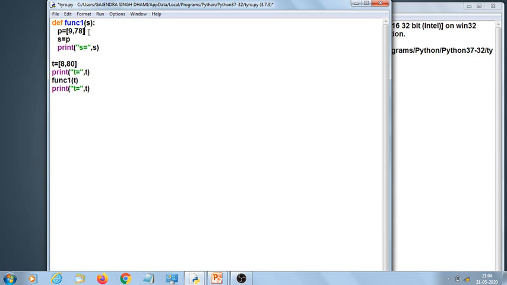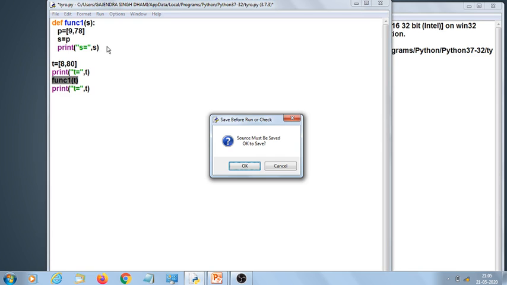That means [9, 78]. Now the address has been changed. So the change is done inside the function body. Will it reflect back to this statement in the global scope? Yes or no? You can see it will not reflect, because the changes had been done here. The s has been changed, but t still refers to [8, 80]. So here [8, 80] and here also [8, 80], but in between, inside the function body, you will get the change, that is [9, 78]. This is the case when you pass a list and you want to change the list with another list, not changing the value of a single item.